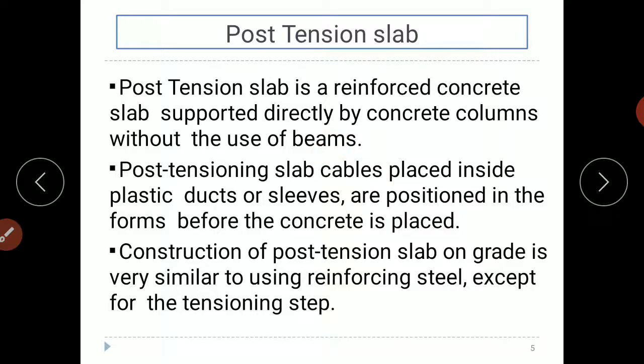The post-tension slab cables placed inside plastic ducts or sleeves are positioned in the forms where concrete is placed. The construction of post tension slab on grade is very similar to using reinforcing steel, except for the tensioning step.